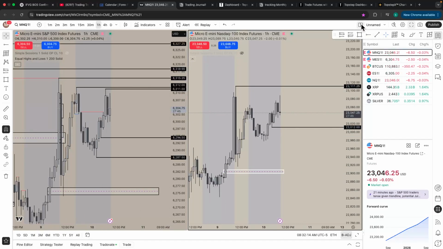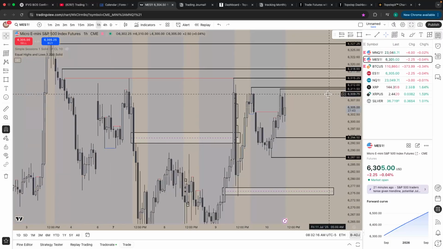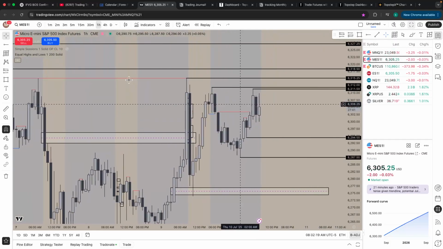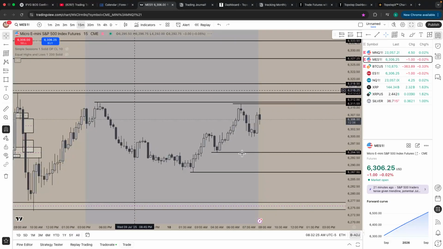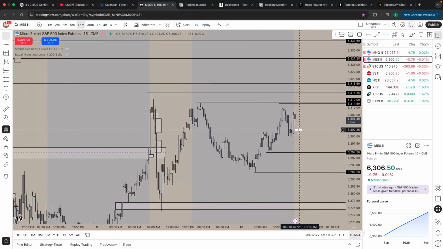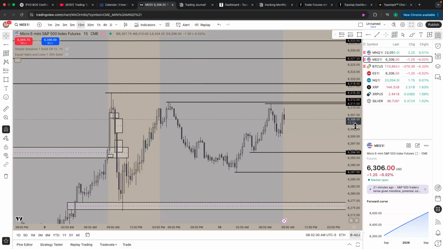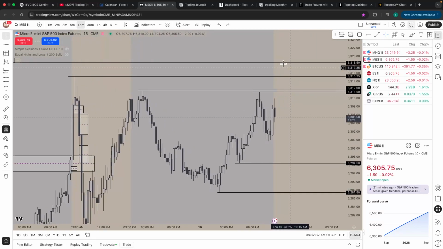Alright, we can get rid of this whole thing. We can go back to the one. Yes, we can get rid of my equal highs and lows right now. So yeah, like I said, we'll see what market does. I think it's going to manipulate highs and then trend lower. I think we have highs right here that it's going to want to go sweep out.